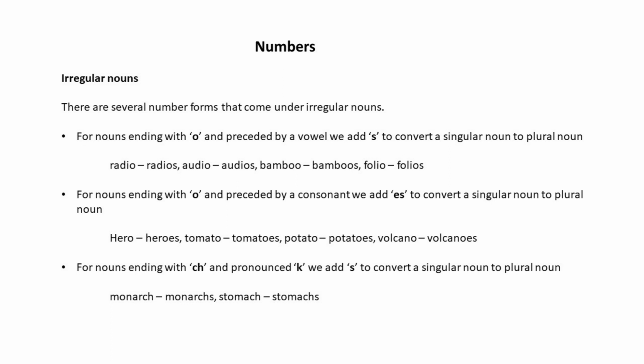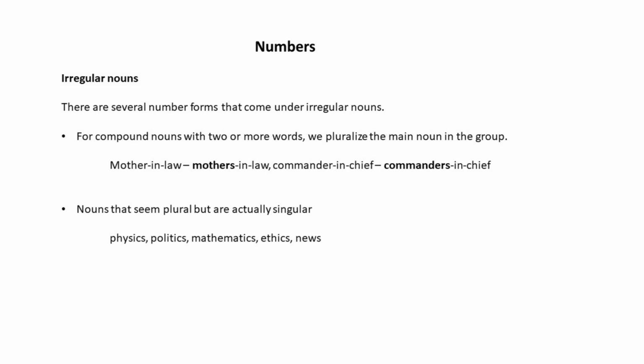But if I say the word church, even this word ends with the letter CH, and look at its pronunciation, the pronunciation is also a CH sound. So this rule is not applicable to this case. So for all nouns ending with the letters CH that give a K pronunciation, to convert to the plural form, we add an S at the end. This is applicable even to the noun stomach. This word ends with the letter CH but the pronunciation is K, stomach. To convert it to its plural form, we add the letter S. It is stomachs. Moving on to the next rule.